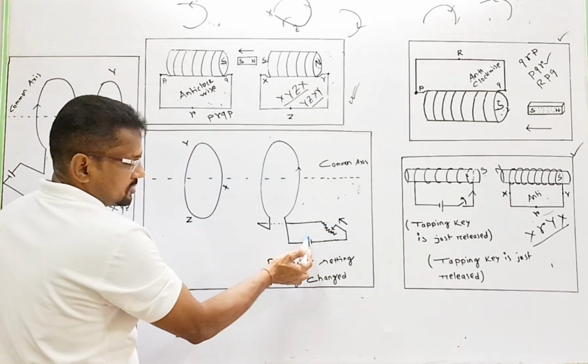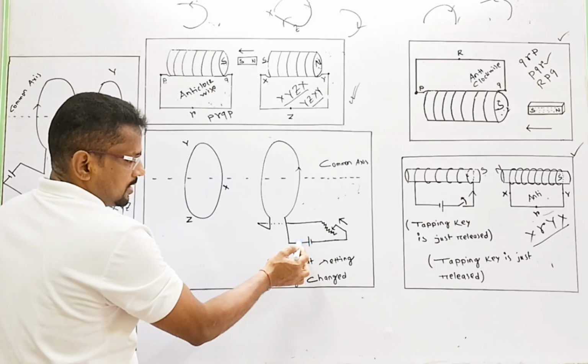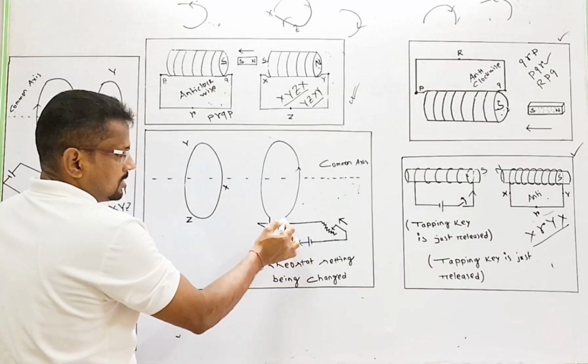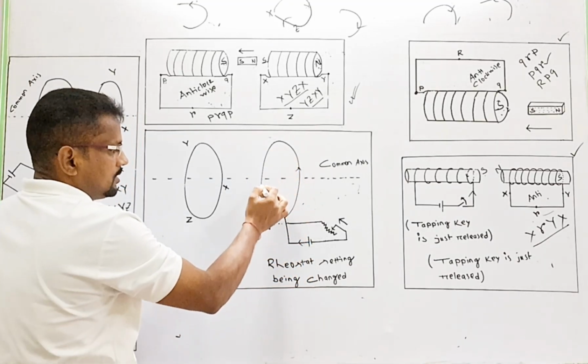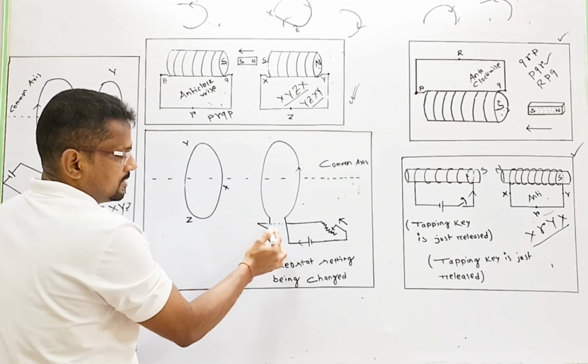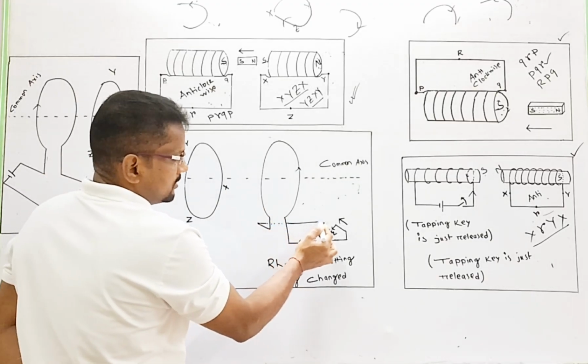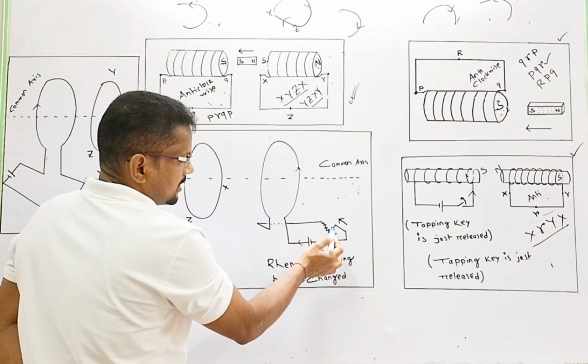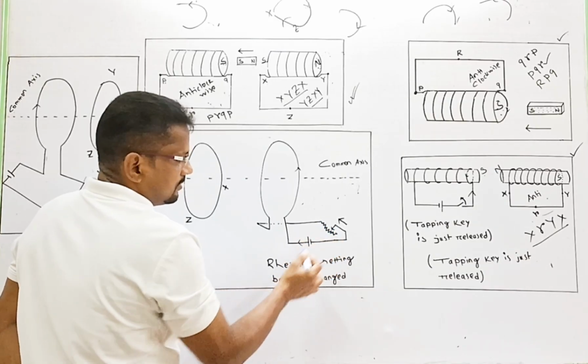Now suppose the positive terminal is given here. Current flows in this direction, this way current flows, this way current is coming, and this way a broken line is given, which means back side, so that way current goes and this way. And if it is connected here, suppose it is connected here, then the current will get more